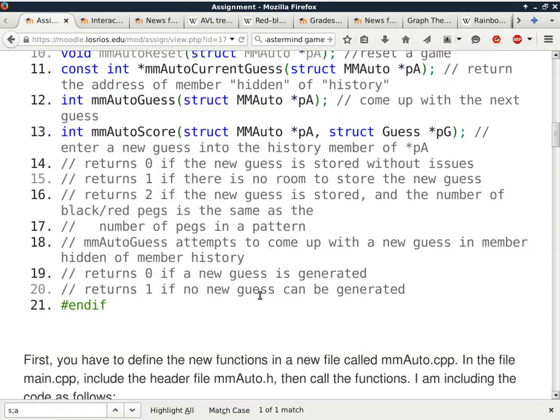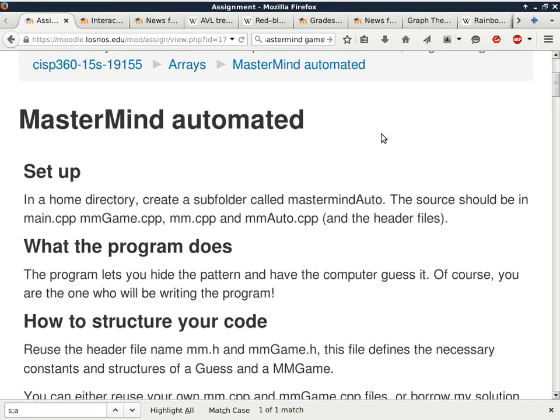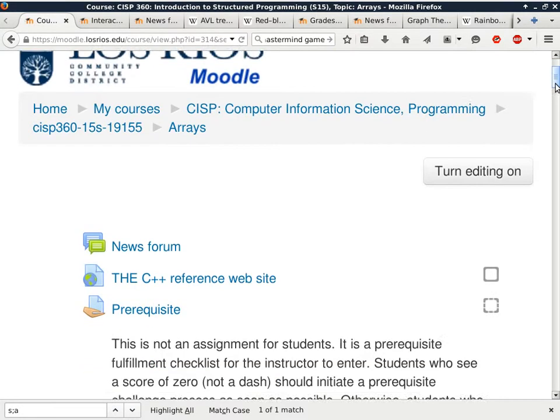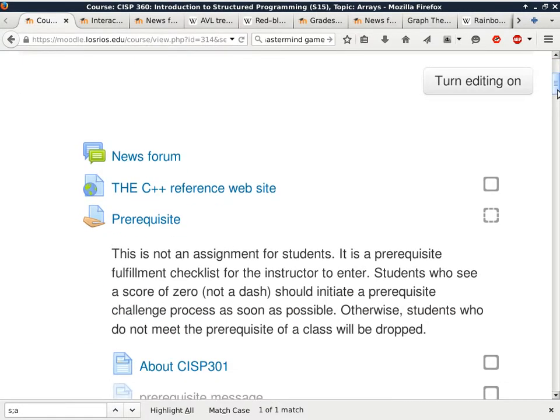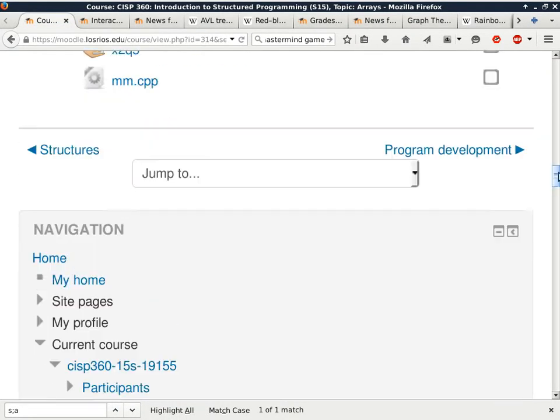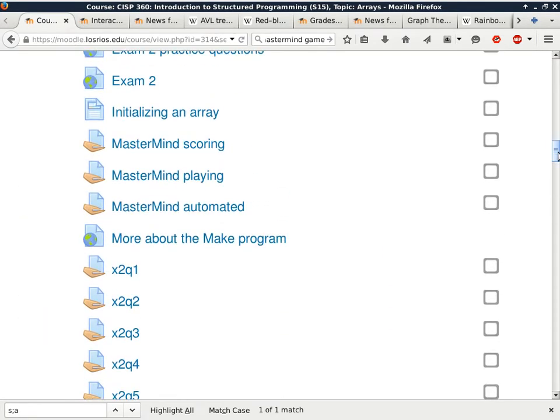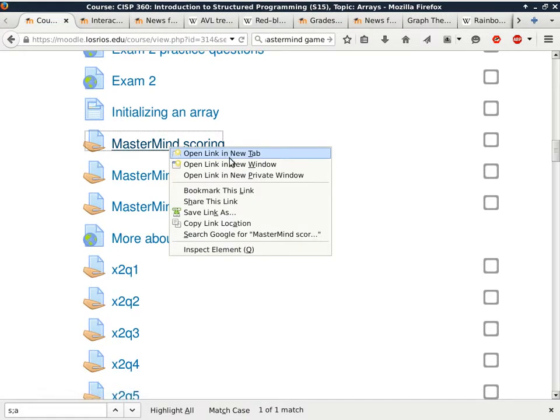All right, so I'm going to work on the homework assignment that was due today. If you have turned it in and you think it's working 100% already, you don't really have to pay much attention to me. On the other hand, if you just want to see how I work on the problem itself, it may not be a bad idea to just listen in and see how I approach this particular problem. Okay. So I'm going to start with Mastermind scoring